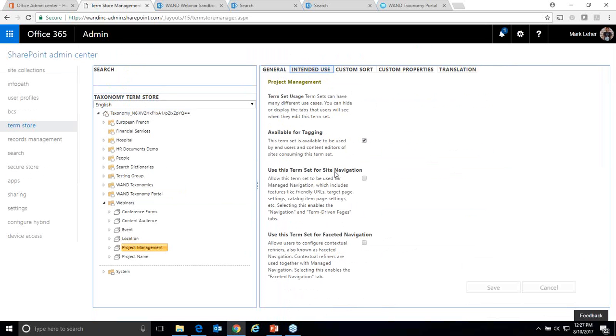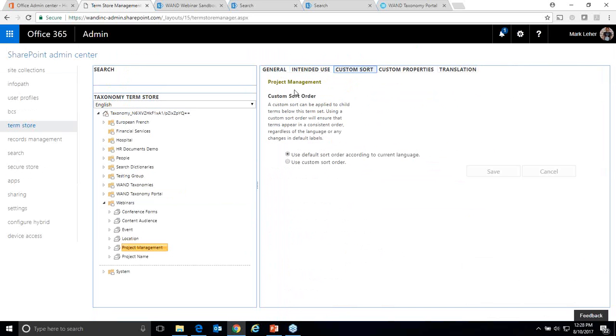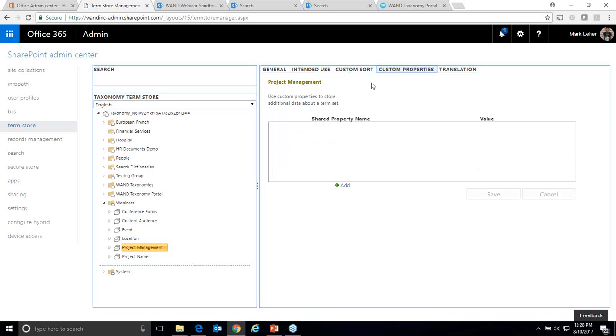And then the next two choices are site navigation and faceted navigation. These are kind of advanced uses for taxonomy and for the term store. You can actually create a taxonomy that would power your entire site structure. So pages are created dynamically based on the taxonomy terms you have, instead of creating each of those pages individually. The menu is driven by the taxonomy you create. So those are some kind of advanced site architecture things you can do with the term store. Custom sort, I'm going to come back to this in a few moments. Custom properties, again, is kind of an advanced